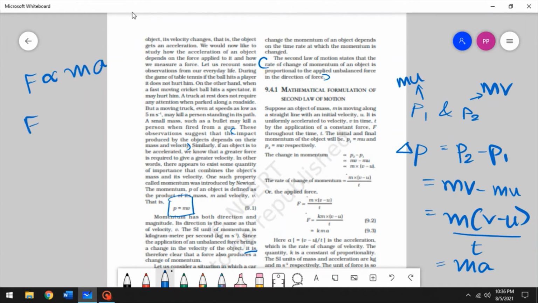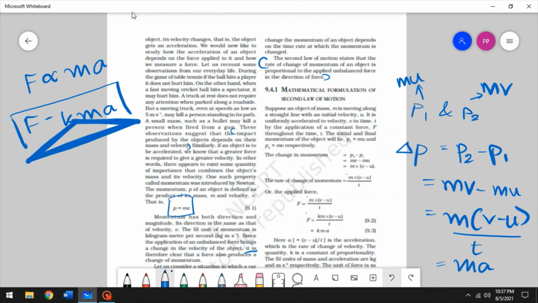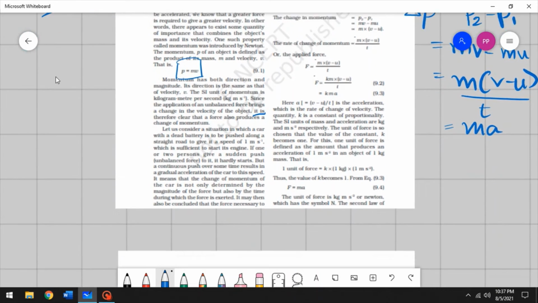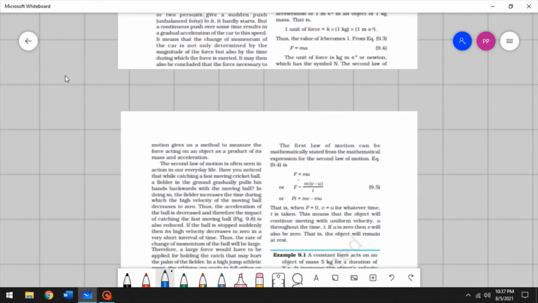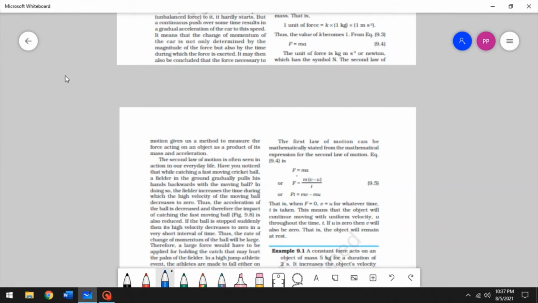So if we take a proportionality constant k, F equals k m a, and this is the mathematical definition for Newton's second law of motion. Alright, so I hope that derivation was clear, because that is a very important derivation. If you didn't understand a part of it, feel free to go back and watch it again and again and again until you get that